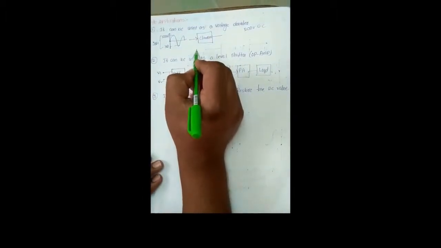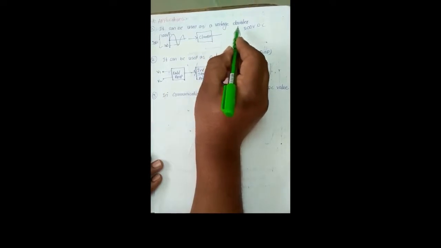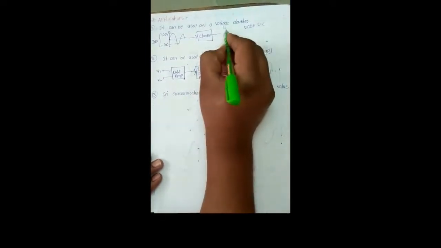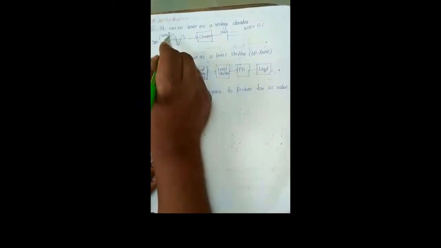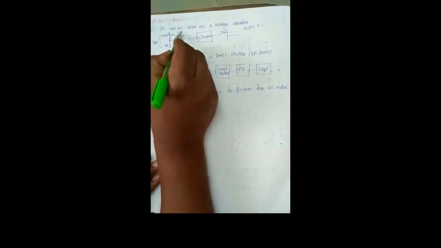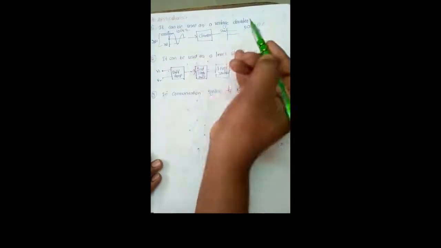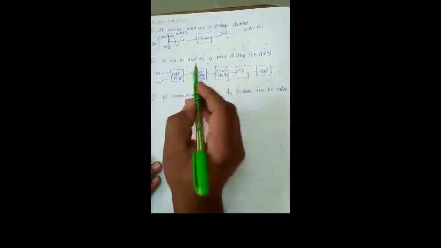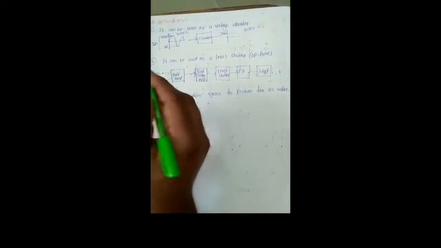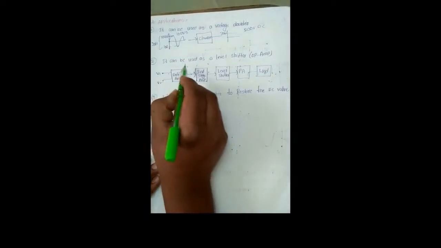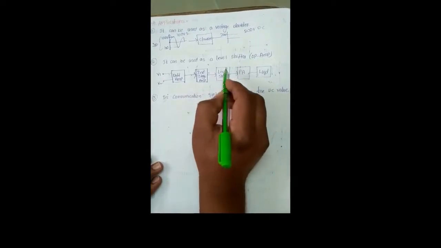At that time, we consider this clamper circuit as a voltage doubler or multiplier. It means that we want to get the 200 volts DC. So this peak voltage is multiplied by 2, then we can get the 200 volts DC. So definitely, to obtain high voltage levels, we require the clamper circuit. And the other application of the clamper is that it can be used as a level shifter.